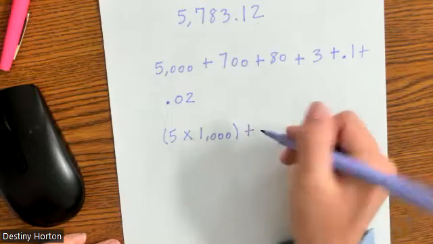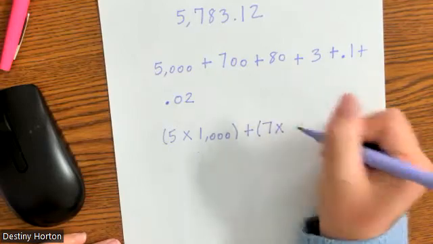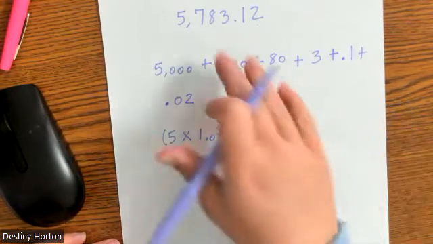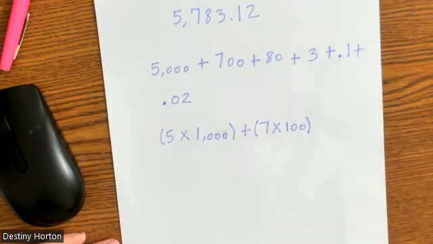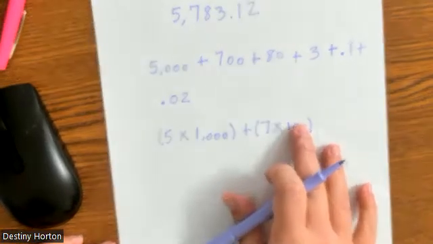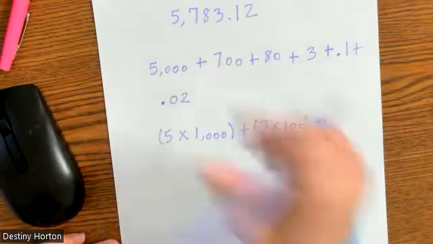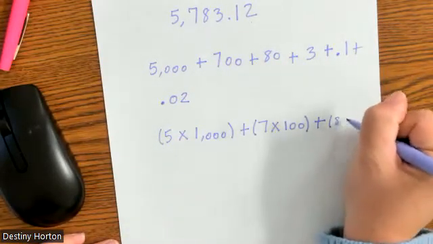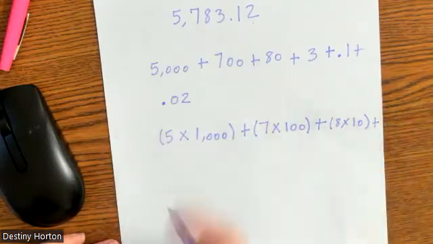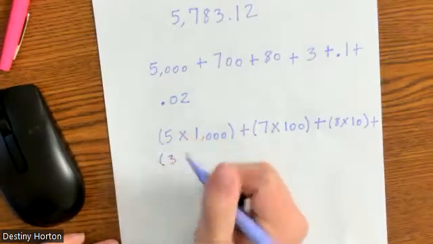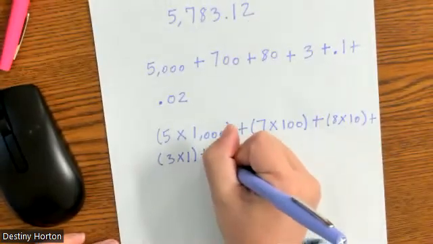And now we add, and we're going to open parenthesis to our next digit, which we have the digit 7, and we're going to multiply it by its place. Well, the 7 is in the hundreds place, so I'm going to do 7 times 100, close parenthesis, and again, 7 times 100 is 700, and that's what I have in my expanded form. Now I can move on to tens, open parenthesis, 8 times 10, because I do my digit times my place, plus, open parenthesis, my 3 times 1, because my 3 is in the ones place, plus,